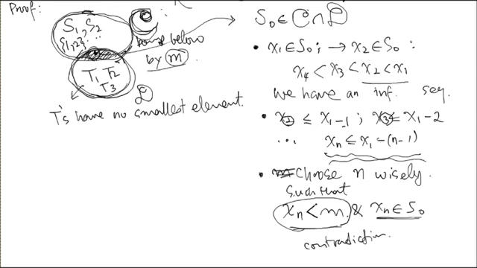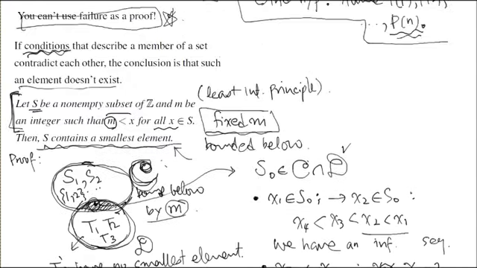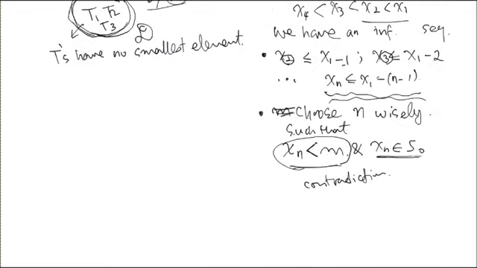And you go back to the principle from earlier. If you state several conditions and realize that they contradict each other, then the conclusion is that there's no such element, right? So I figured out what could be a good choice of m here. I think I concluded that it is x1 plus the absolute value of x1 plus m minus 1, or something like that. All right?